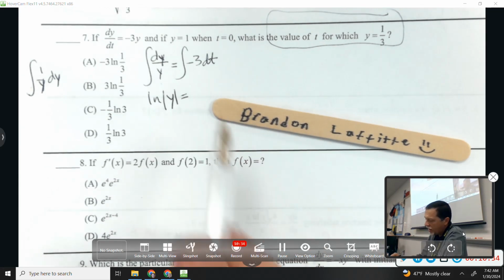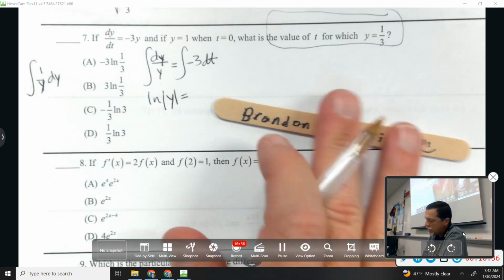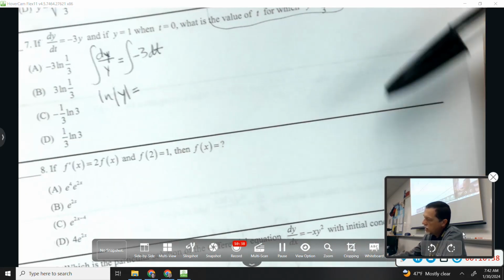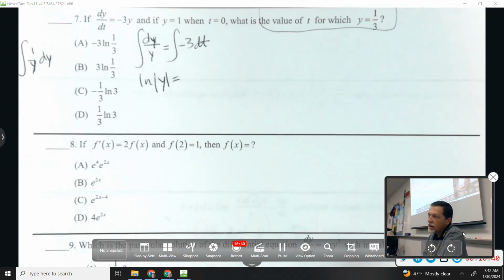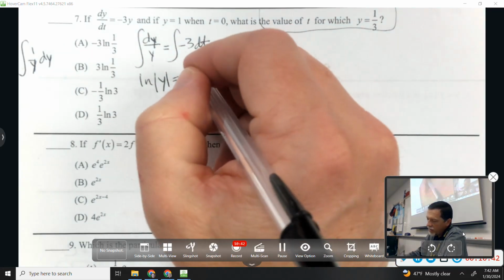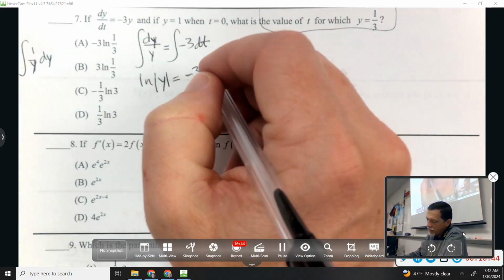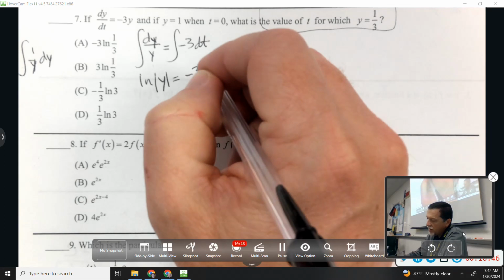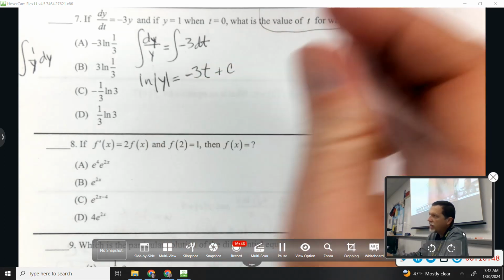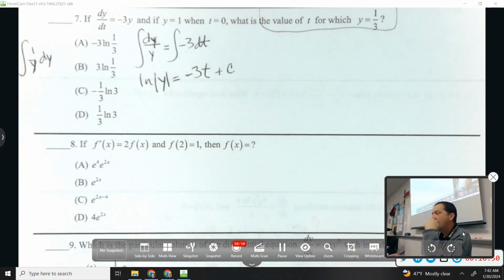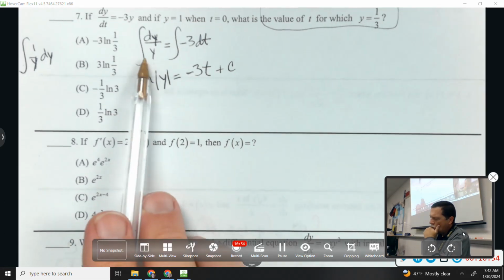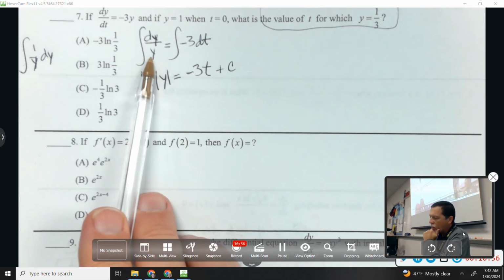Brandon, how about the antiderivative of negative 3 dt? What was that? Not negative 3, negative 3t plus c. Why wouldn't you just put the y to the negative 1/2? Like you bring it up? Well, there's not a 1/2, that's like a square root. Oh,